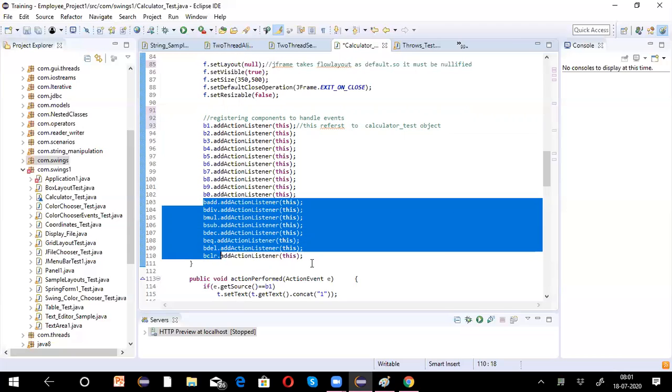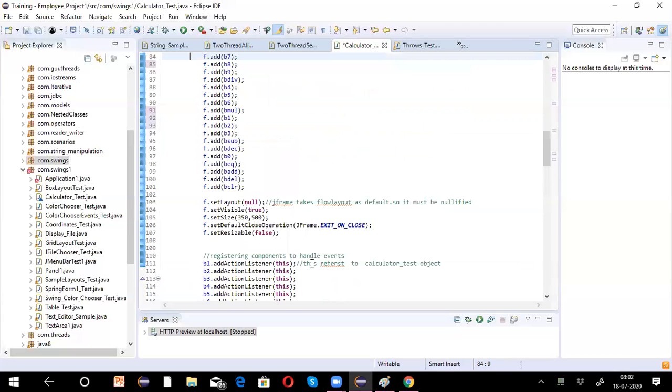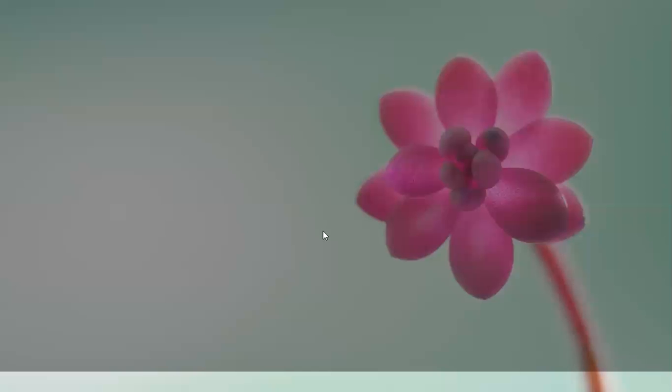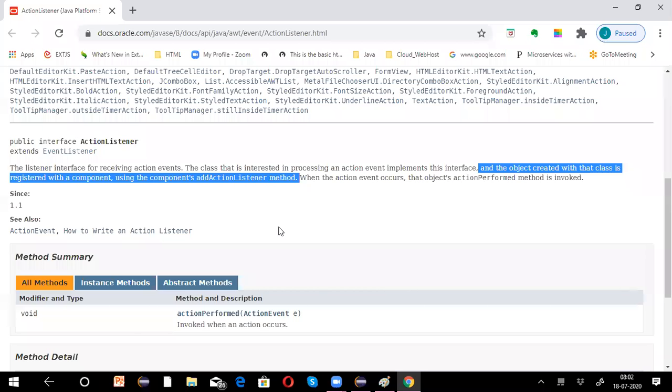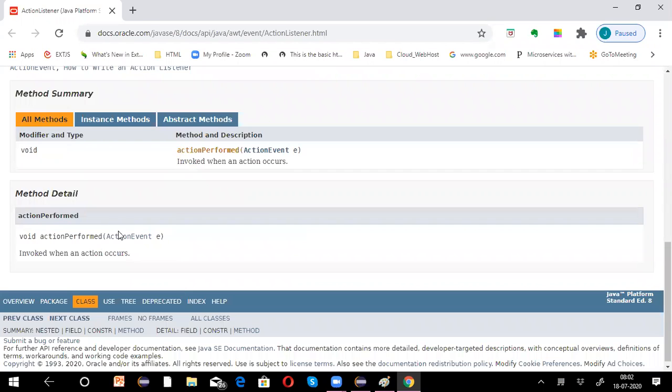Okay, all these buttons. Now the only method that we have in the ActionListener interface is actionPerformed. In ActionListener you have a method called actionPerformed. You can see all methods here. In the list of all methods you have only one method, that is actionPerformed.